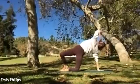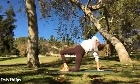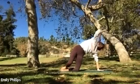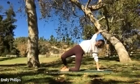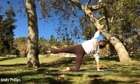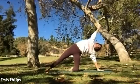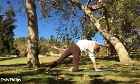Once more, inhale, open. Nice. Exhale to close. This time we'll inhale, open, right arm high. Look to the back of your mat, straighten your right leg, take your right foot down. Right edge of that right foot will root and then slowly fly that top arm up and over the ear,